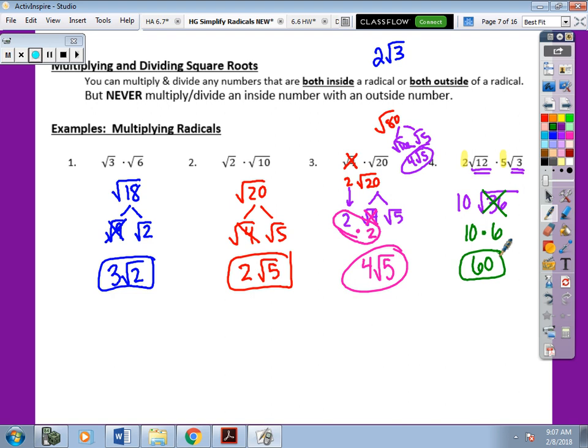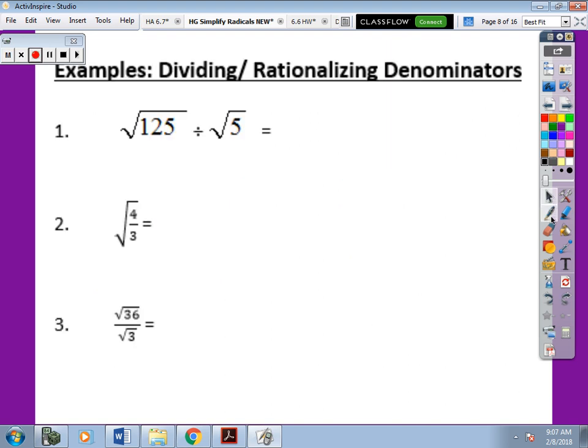Okay, the last one we're going to look at is dividing these and rationalizing the denominator, because this is something we'll be seeing a lot throughout the year. Now, some of them will be written with a division symbol, some will be written with a fraction, but just like with multiplying, you can divide the numbers if they're both inside the radical or if they're both outside, if they're like terms. So this one we have the square root of 125